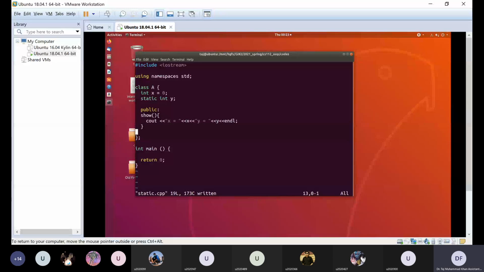So when will memory be allocated for this static member variable? When will the variable y be created? It will be declared from the start of the program. Declared where? Is this not a declaration? This one, what is the line number?